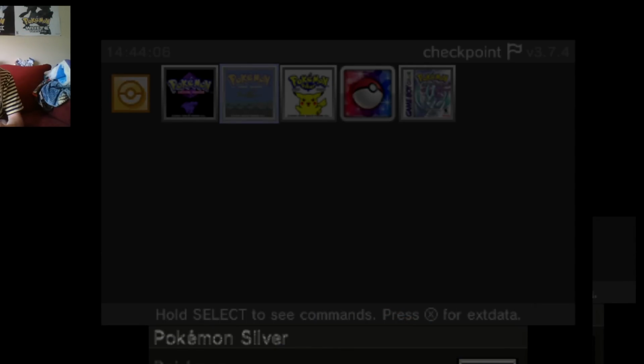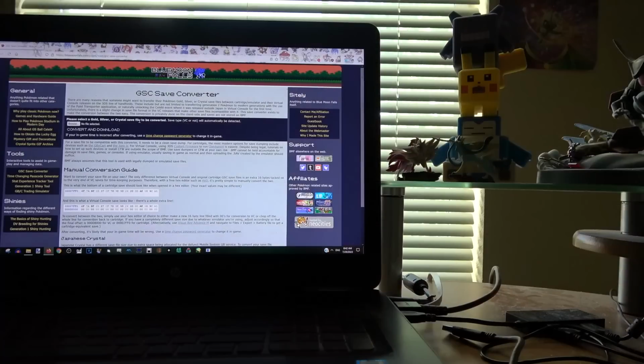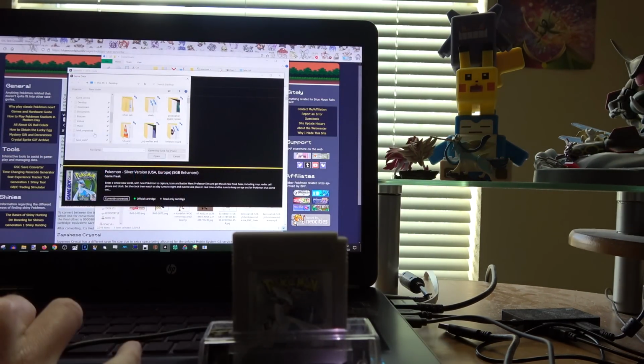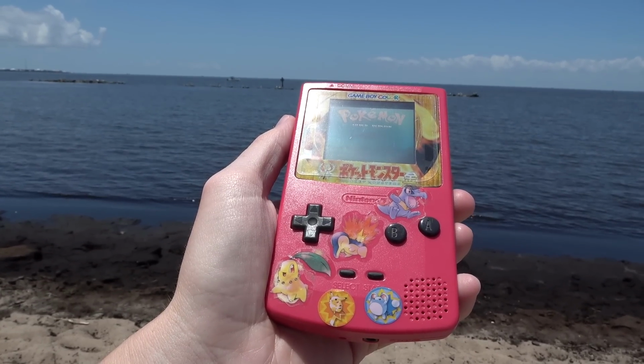Then, using 3DS Homebrew, I backed up my save file, took the SD card and put it in my computer, used the converter tool on Blue Moon Falls, and used this USB device called the GB Operator to put my save file from my 3DS onto an actual Silver cartridge, where I will be doing the rest of this